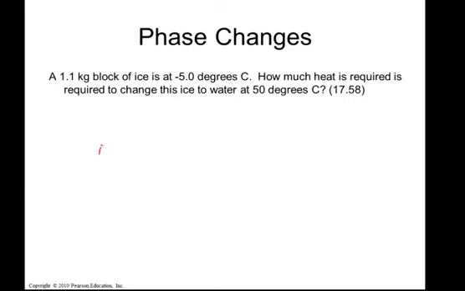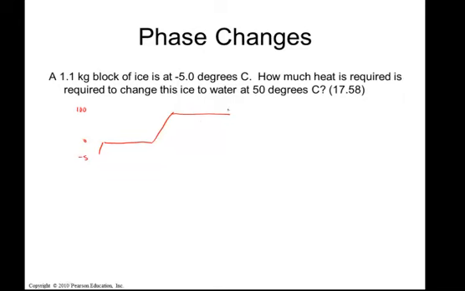So in terms of that chart where I had these different segments, I am here, where I'm going to have to figure out first, to go from -5 to 0, how much heat is involved. Then I have it at 0, and it's going to be going through a phase change, so here I'm going to have to use that latent heat. Then I'm going to be going from water at 0 to water at 100, right up here. And then eventually I could be changing it over at 100 degrees and heating it up,